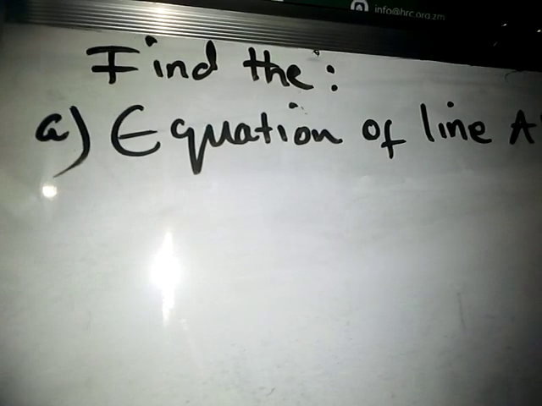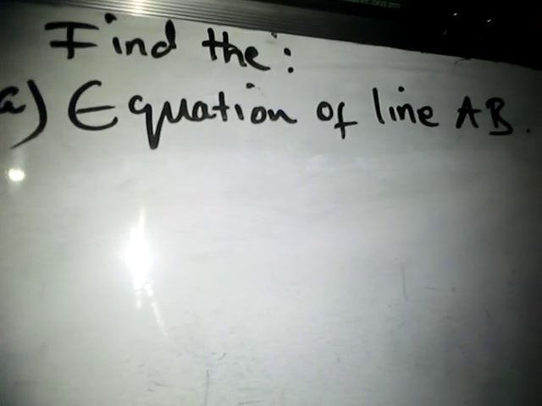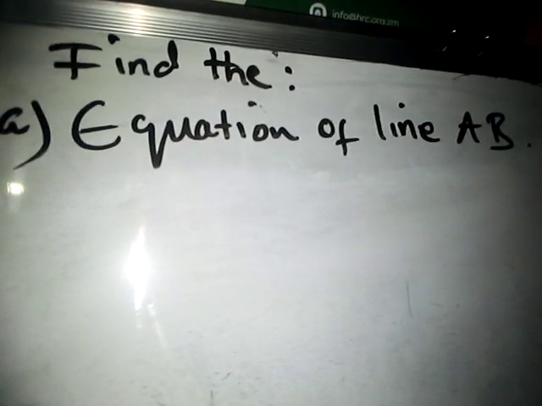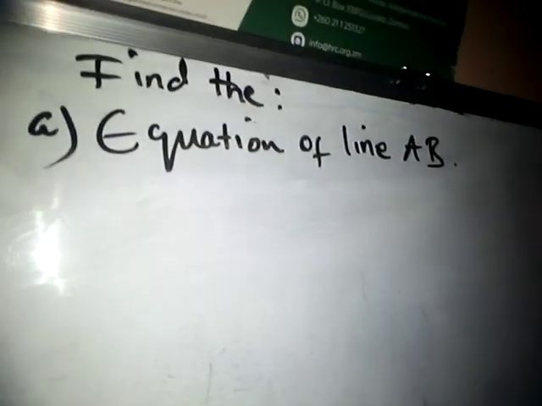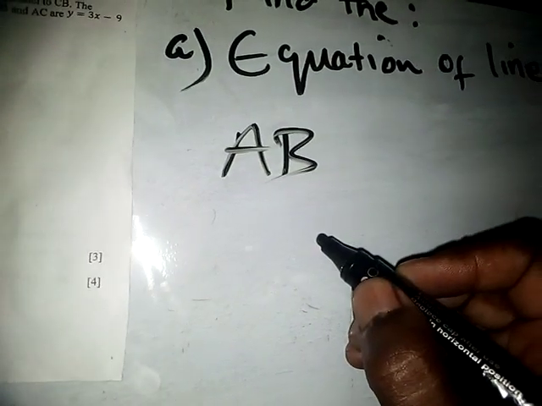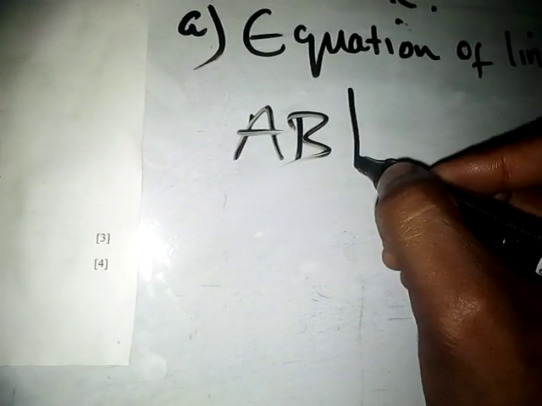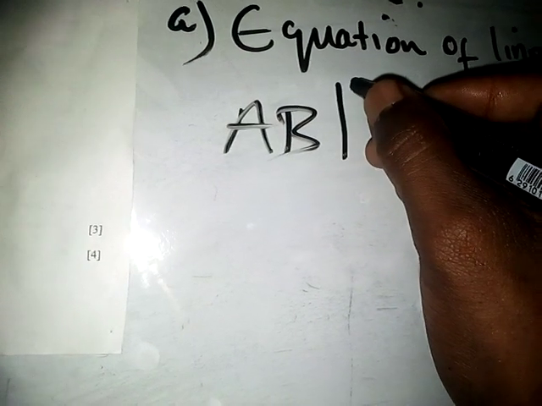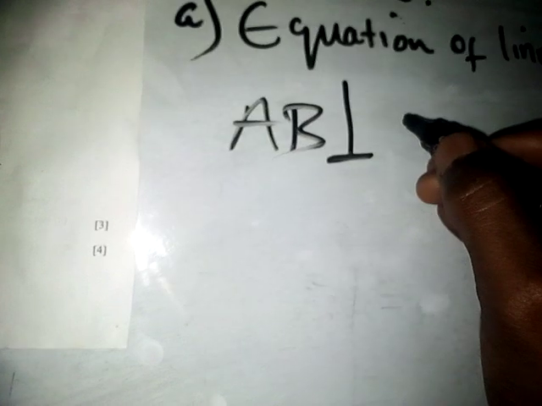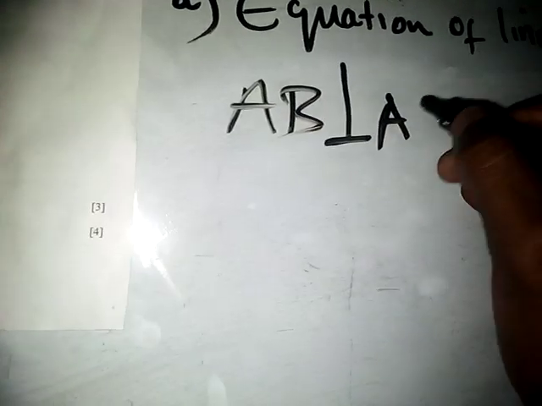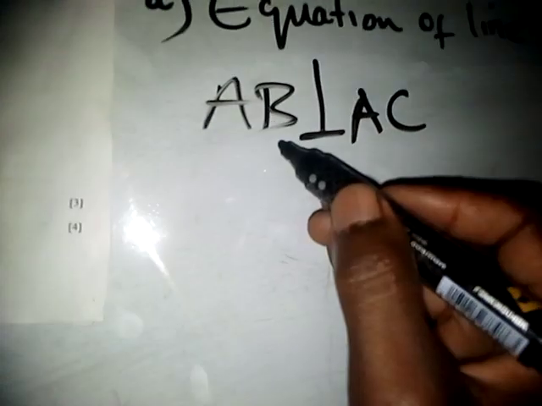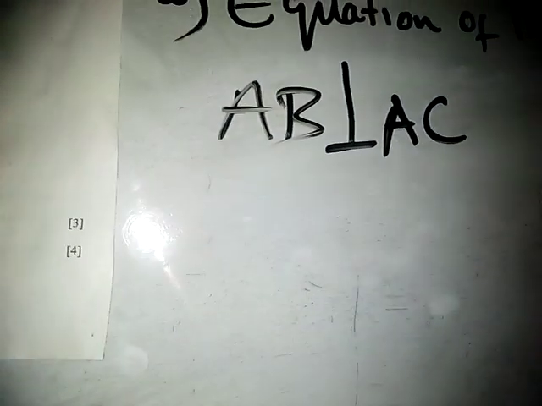So this is how we go about it. First we need to find the equation of line AB. Now we know that line AB is perpendicular, take note, is perpendicular to line AC. Line AB is perpendicular to line AC. What does it mean? It simply means line